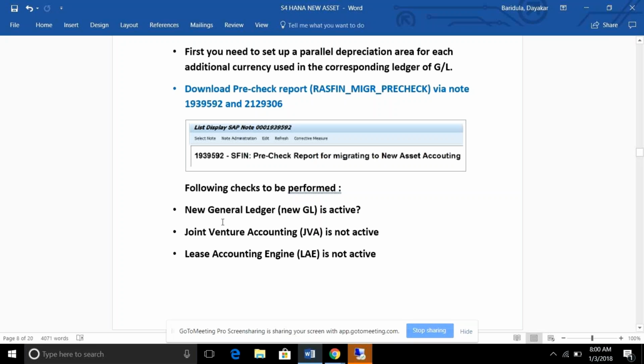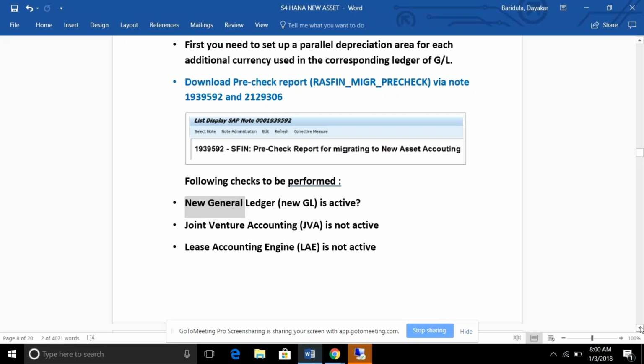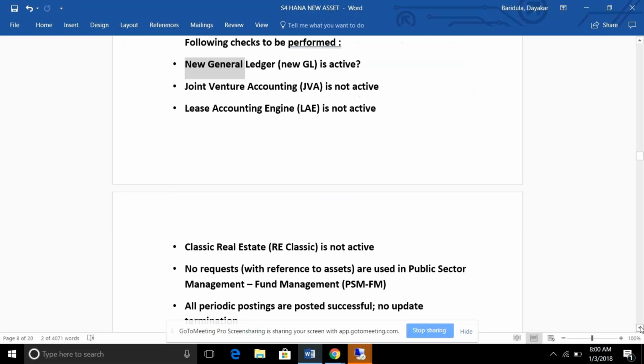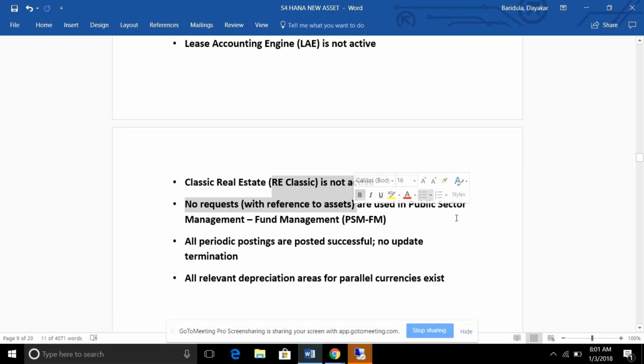For example, if you want to go for migration, you need to activate the new general ledger accounting, and joint venture accounting should not be active, the lease accounting engine should not be active, and classic real estate management also should not be active. No open requests should be used in public sector management, all periodic postings should be posted successfully, no update and termination should be there, and all relevant depreciation areas for parallel currencies should exist.